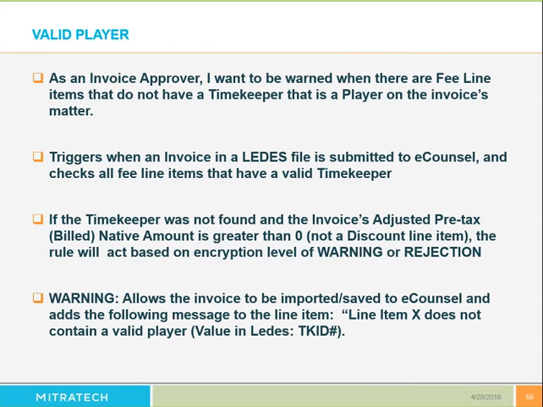The valid player rule basically just validates to make sure that your timekeeper has been added to the matter as a player. This is a way that clients actually confirm that they've been approved to work on the matter. They add them as players to the matter. If they don't exist on the matter as a player, then the invoice will reject